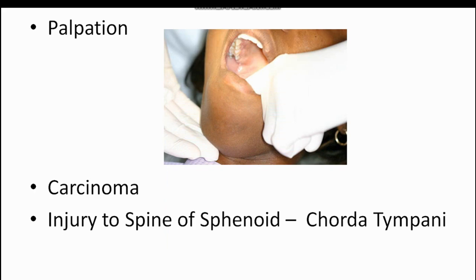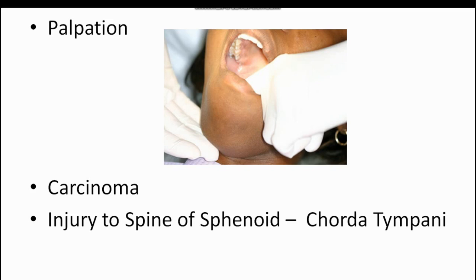Palpation of the submandibular gland and the lymph nodes associated with it can be done by placing the first three fingers below the base of the mandible in the digastric triangle and the index finger in the floor of the mouth near the mylohyoid line to feel the submandibular gland. Carcinoma of the tongue has a huge potential to spread to the submandibular gland. This is also palpated by this method.